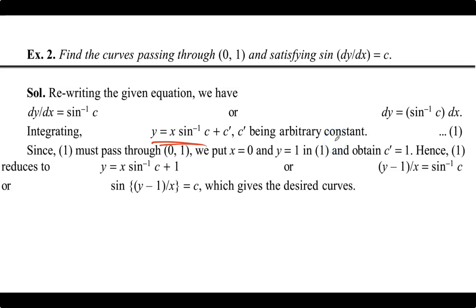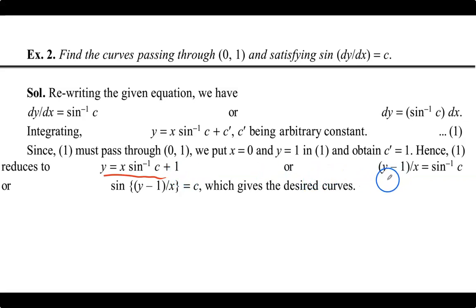So we need to put x equal to 0 and y equal to 1 in this relation we have just obtained, and then we will get 1 equal to 0 into sine inverse of c plus c dash, which will give us c dash equal to 1. Thus, the relation will reduce to y equal to x into sine inverse of c plus 1, or we